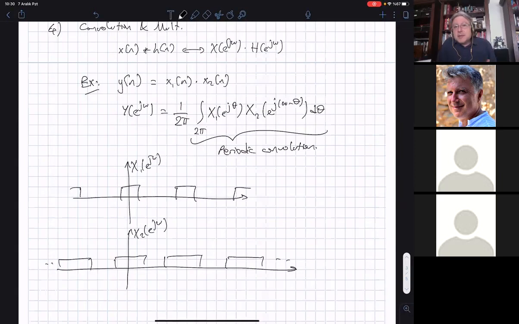Now, periodic convolution is a difficult thing. You have to flip around maybe X2 of e to the j omega and start shifting to the left and sliding to the right. But shifting to the left is not indefinite. It's not from minus infinity. You shift to the left by an amount of, let's say, pi. So the shift is minus pi. And from there, you start shifting to the right up until pi. From minus pi to pi is the amount of shift after flipping around. By the way, when you flip around X2 of e to the j omega, it gives you the same shape because it is symmetric. And then some portions of X1 and X2 will overlap, and those portions